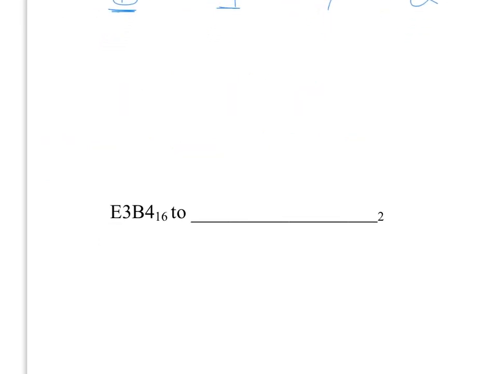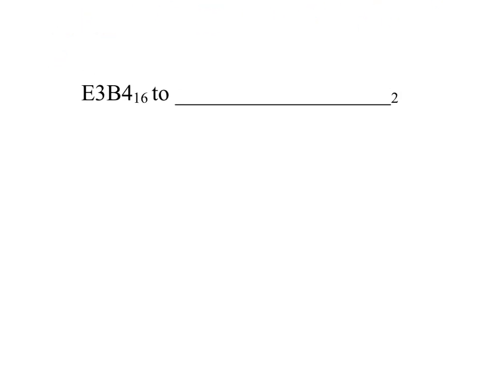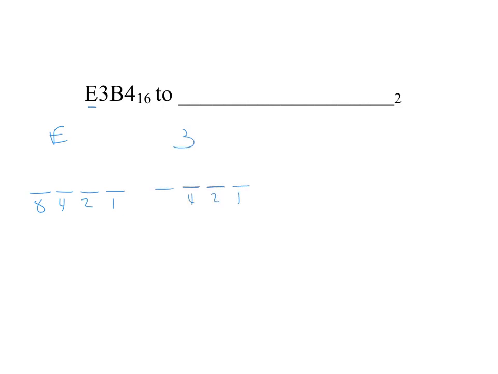And then lastly, to do hexadecimal, instead of groups of 3, it's groups of 4. So E, I'm going to write it on top so it just doesn't get in the way. It's 1, 2, 4, and 8. Remember, that makes 15. Then 3, with 1, 2, 4, and 8. Then B, and 4. To remind yourself, E is 14, you may have to write it out, and B is 11,